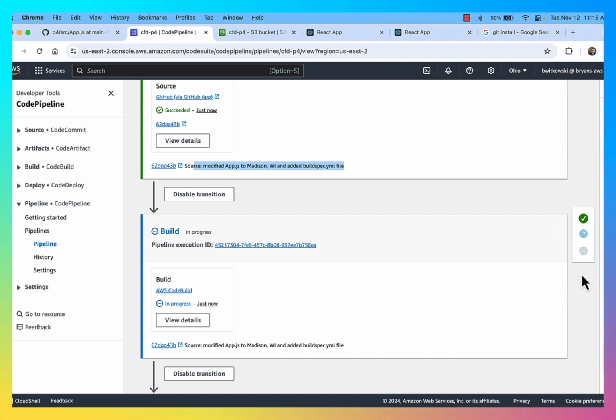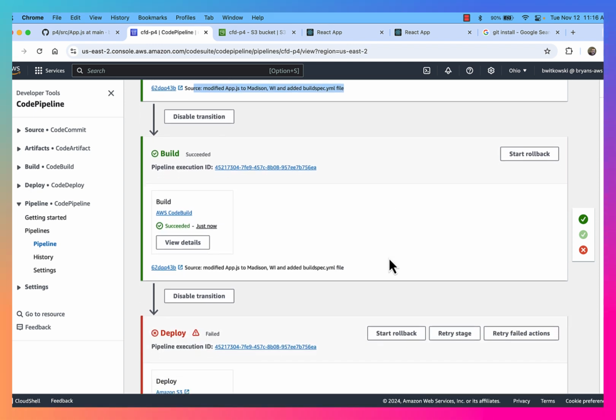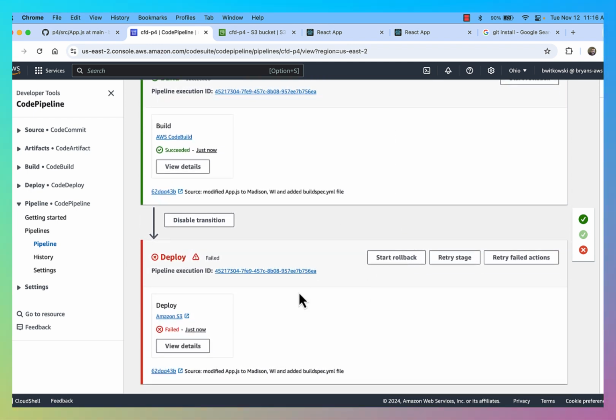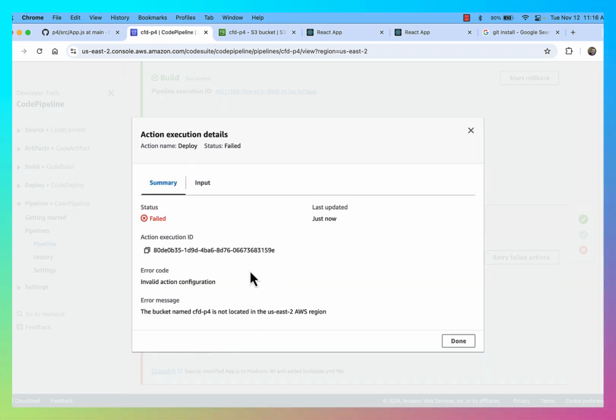But ultimately, I don't watch this on a day-to-day basis. What will end up happening is I'll just kind of take for granted this code pipeline, and my workflow will really be from my developer tools. I'll push to GitHub, and then ultimately I will just expect that to be deployed successfully. And for some reason,